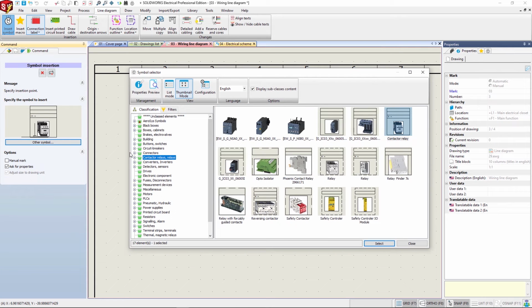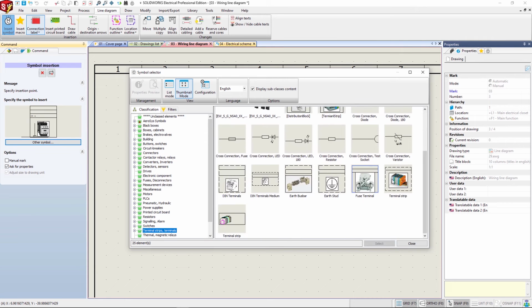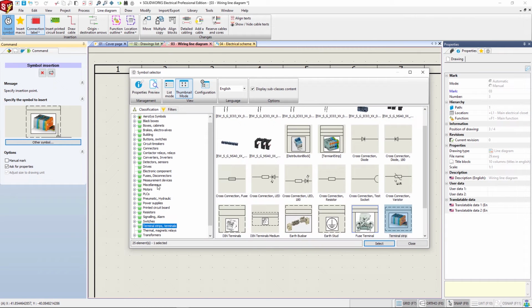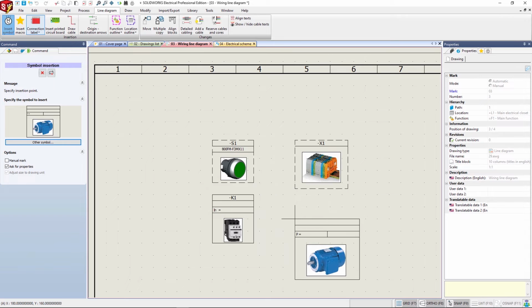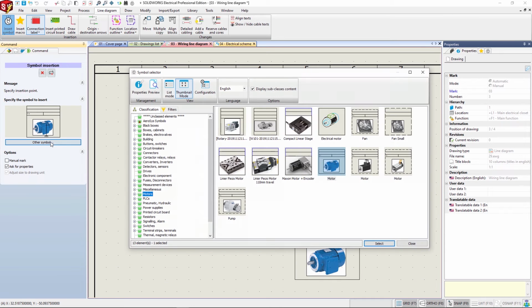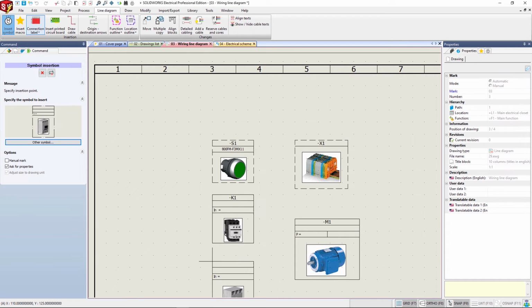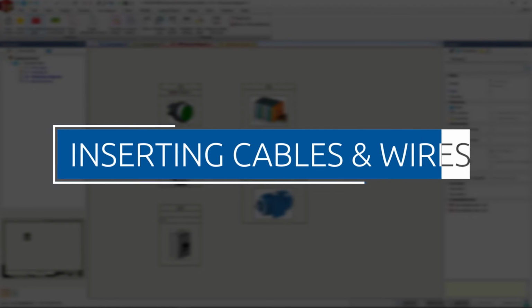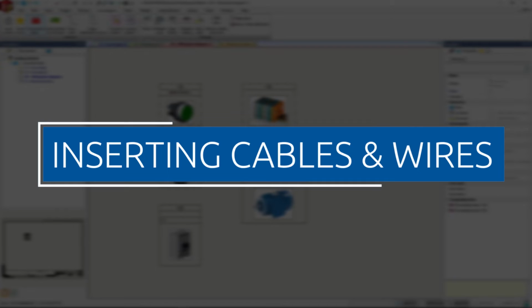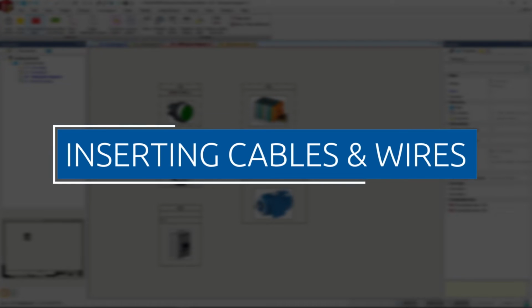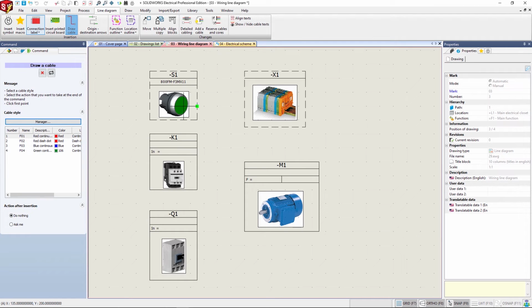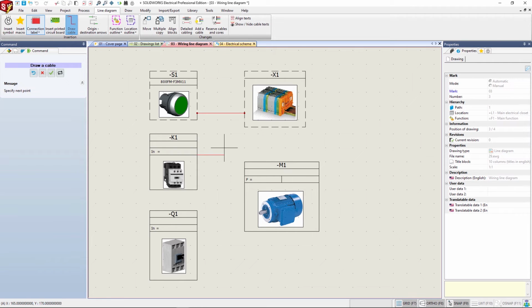Then we search for the terminal strip, the motor, and the circuit breaker. We draw a cable between S1 and X1, between K1 and X1, and so on as the drawing shows.